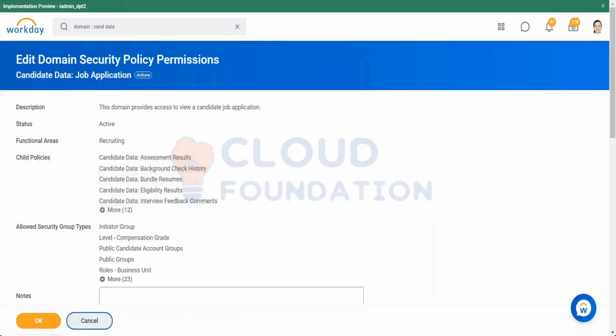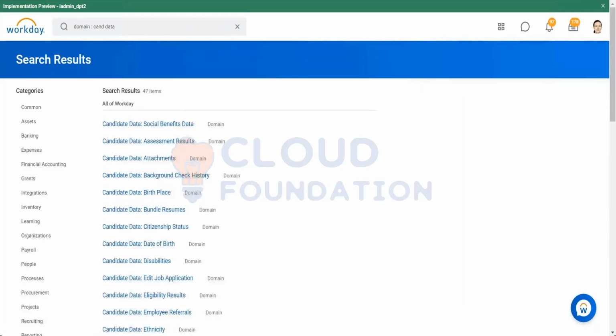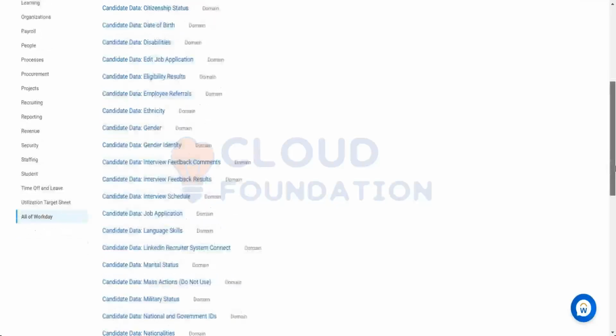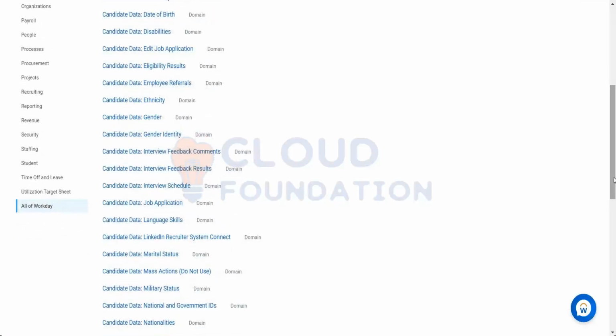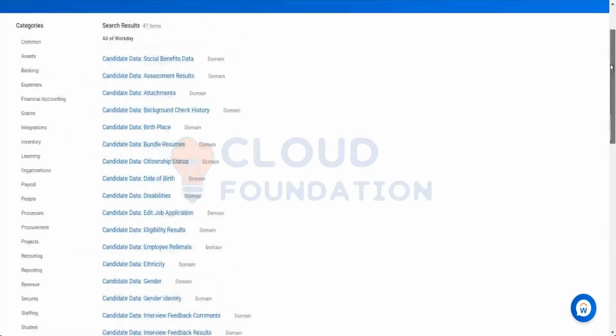Shilpa 2 is the manager segmented security group that you're adding? No, I'm not adding that. What we are adding is Shilpa underscore recruiter. So you're adding that recruiter to all the domains and business process definitions. Okay, yes. And there's one another